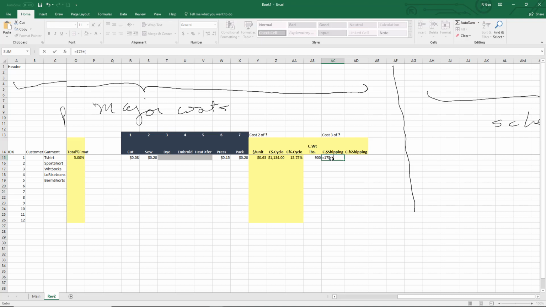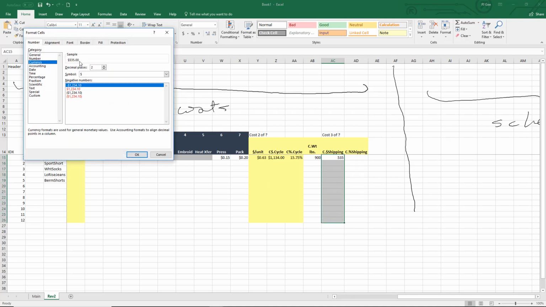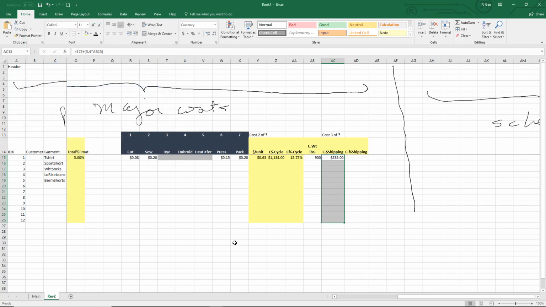175 plus 40 cents per pound times the total weight is equal to 535, and we're going to put that in dollars. So we go back over to currency, and we'll leave 2 digits for it. That might just clutter it up a little bit. We don't probably need the fractional dollars, the cents there, okay? And as we did with the other 3 costs that we've done so far, we're going to calculate that